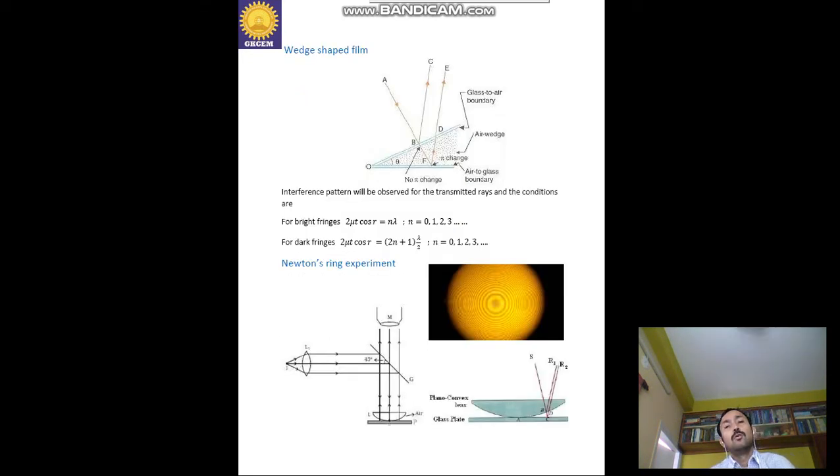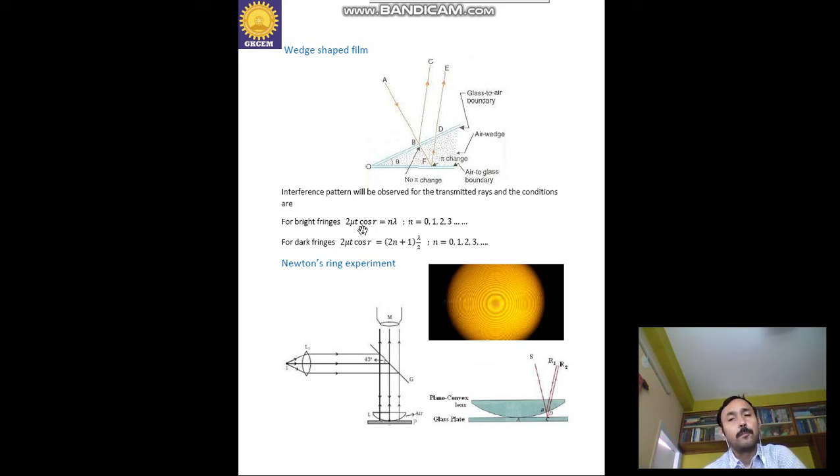Now, wedge shaped film. These two boundaries: one is a glass to air boundary, another is an air to glass boundary. There is air, which has some refractive index. When light falls onto this, some light will be reflected back from this glass, and after transmission it will reflect from the bottom edge, and then some light will be transmitted. So C and E are the reflected lights, and there is a path difference. If we consider this one, the interference pattern will be observed here for transmitted rays, and the